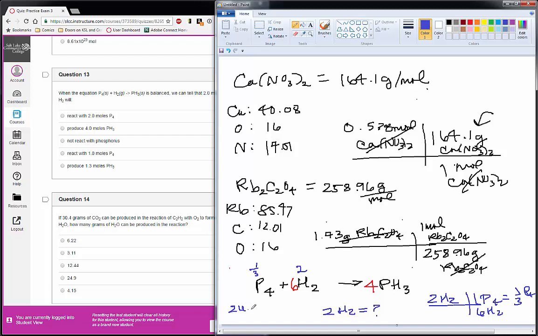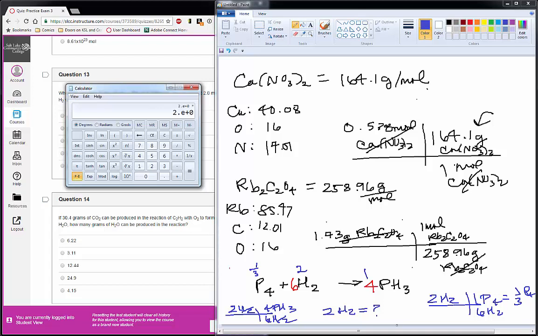And if 6 H2s make 4 PH3s, then 2 times 4 is 8 divided by 6 is, let's see, 4/3 or 1 1/3. Is that right? My brain is telling me I might be doing it wrong. 2 times 4 divided by 6. Nope, I was doing it right. 1 1/3